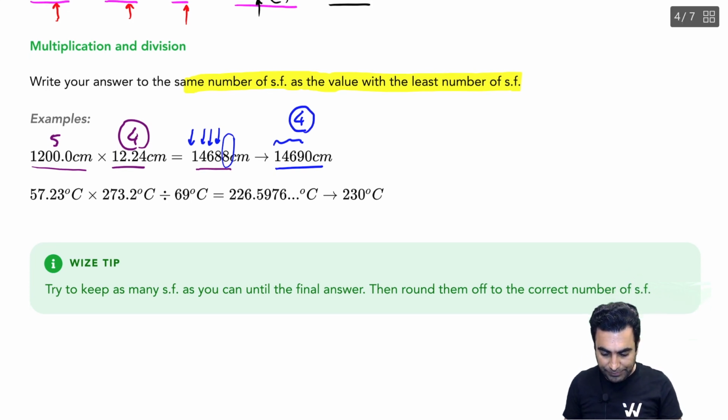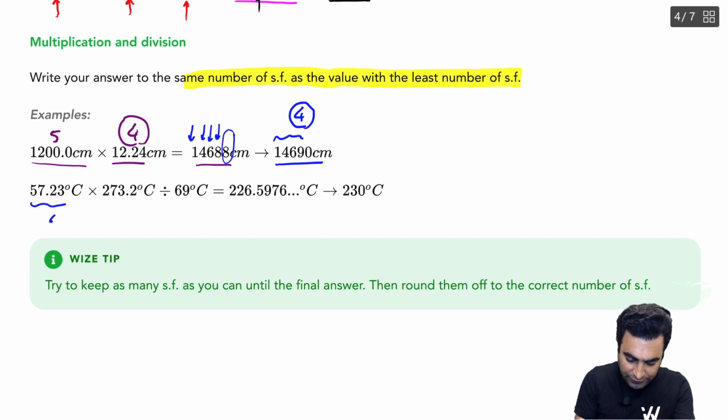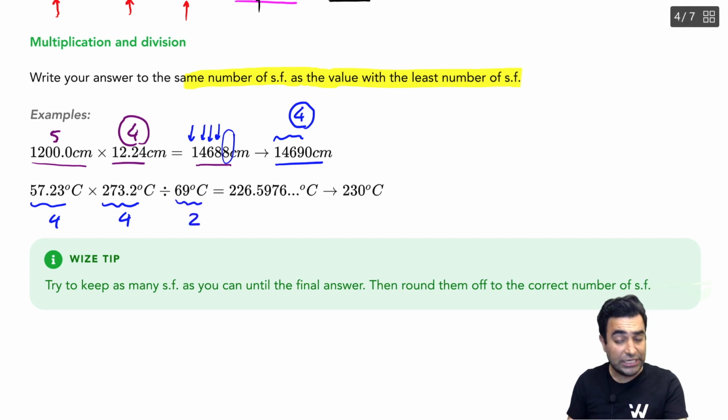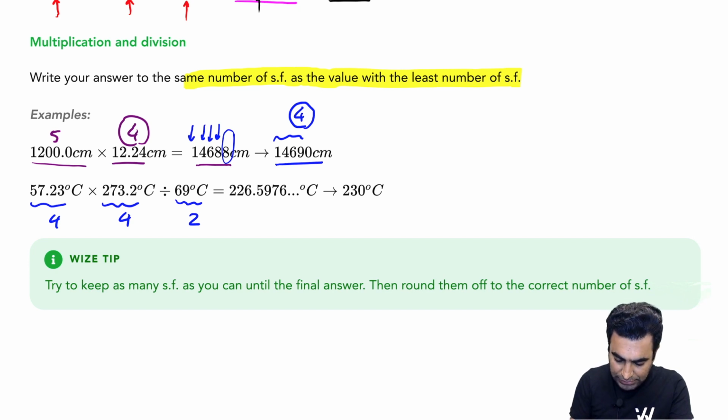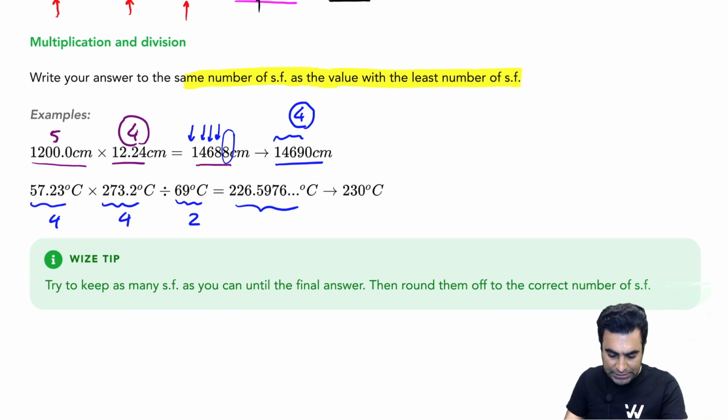Look at the next one. For the next one, we have 57.23 with 4 significant figures, multiplied by 273.2 with another 4 significant figures, divided by 69, which has only 2 significant figures. If I look at this operation, the result would be this big number here. I have like 3 dots here because there are more digits if you put these numbers in the calculator. But we said that we have to pick the least number of significant figures in the original numbers, which is